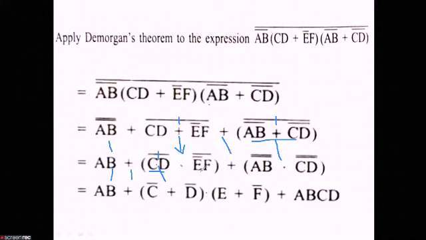Again, this one is one expression. So break the line and change the sign will be applied here. So E double bar will be there, plus of F bar. Next, A double bar means A, C double bar means C. So there you will be having A plus of C bar plus D bar into E double bar, which means E plus of F bar plus of A, B, C, D.